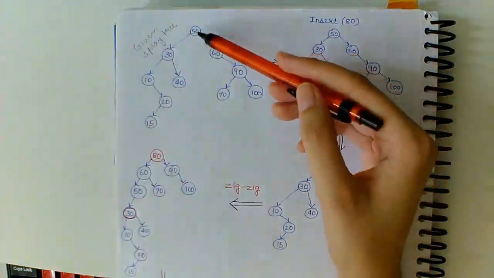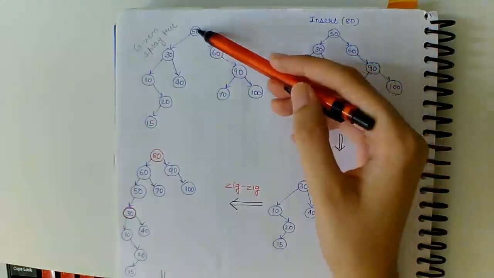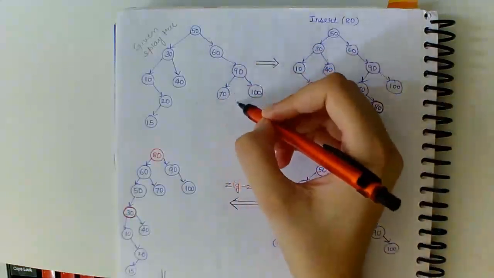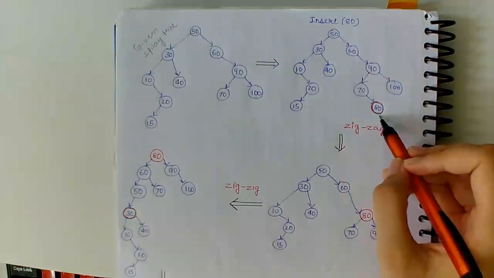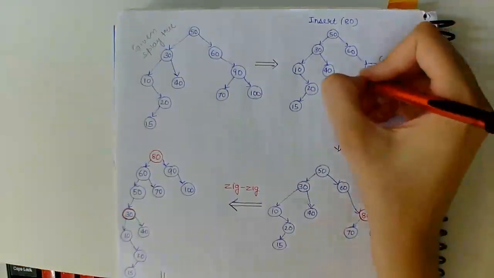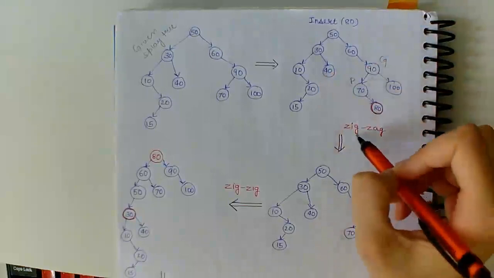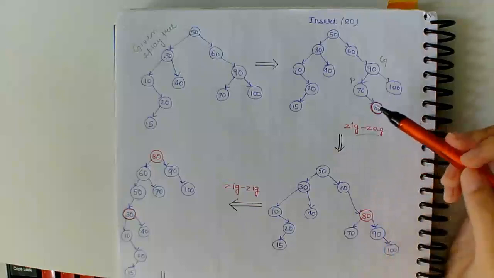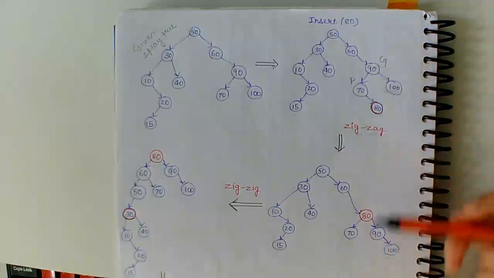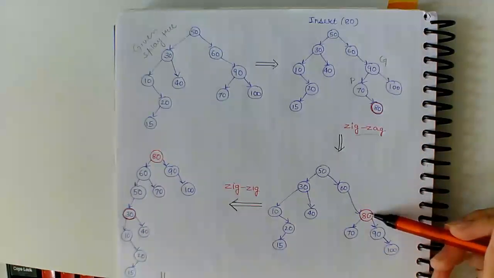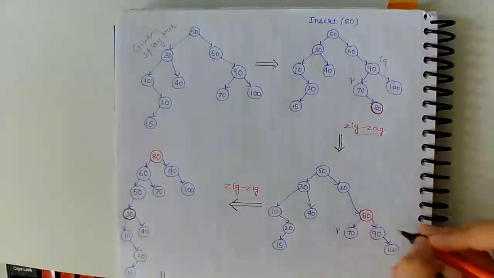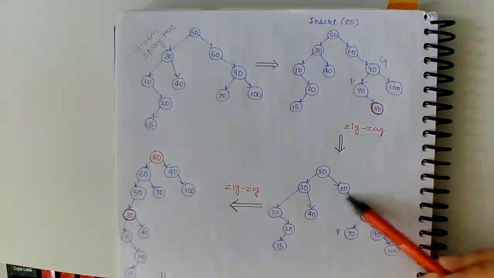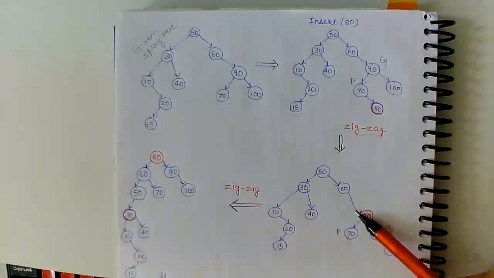As we know how to insert a node normally in a BST, we go from 50 to its right, from 60 to its right, from 90 to its left, and from 70 to its right. As there is no node, we add 80 here. As we can see, this is the grandparent, this is the parent, and this becomes a left-right, that is a zig-zag situation. So as we have studied, we perform the zig-zag operation, and 80 replaces 90, and 70 the parent becomes its left child, and the grandparent becomes its right child. See that it still satisfies the BST property.